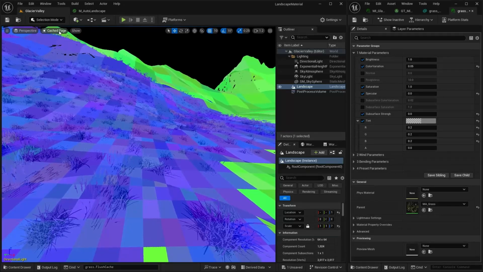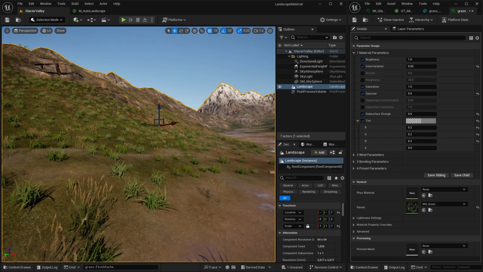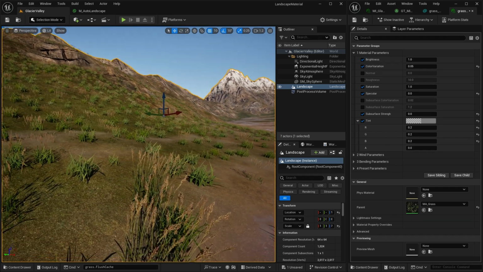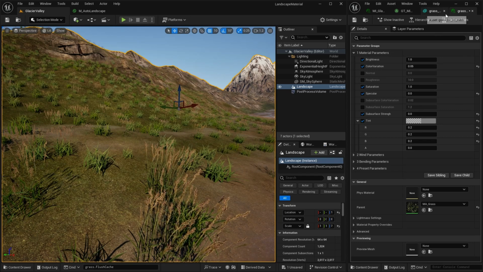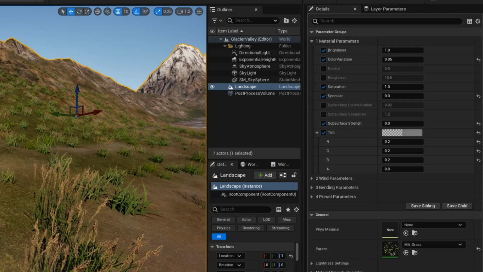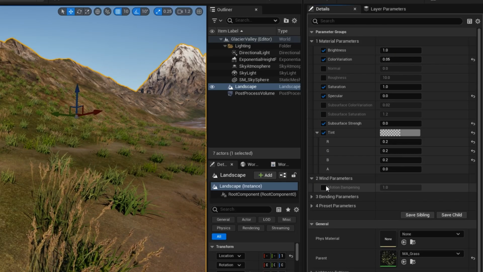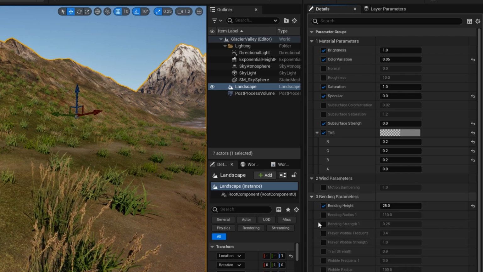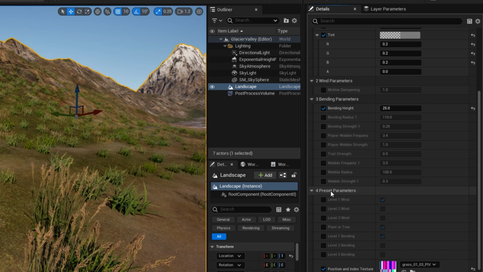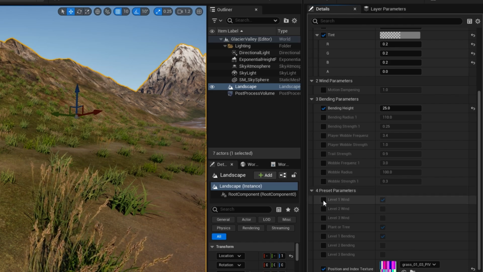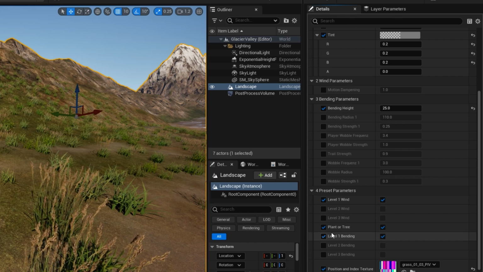So let's go back to lit mode just briefly. So you can see that I think they're both moving slightly. Yeah, they're both moving. So let's go back to, well, we're in the main grass type here. So in the wind parameters, let's have a look. Oh, here we go. So in this section, you've got various options. So you've got different wind checkboxes.